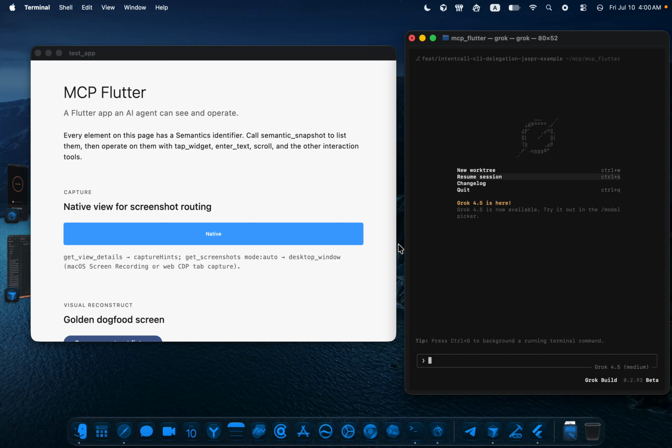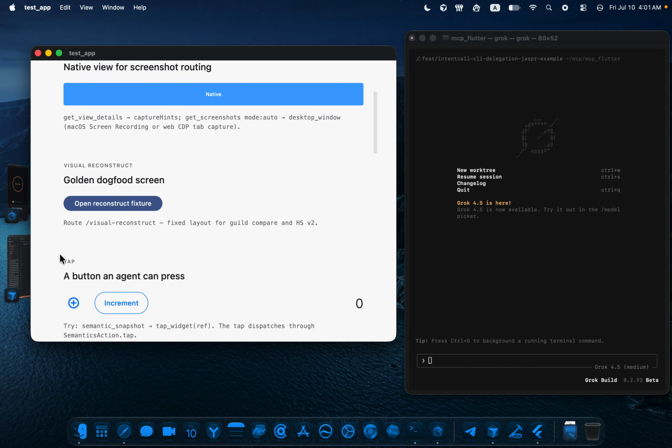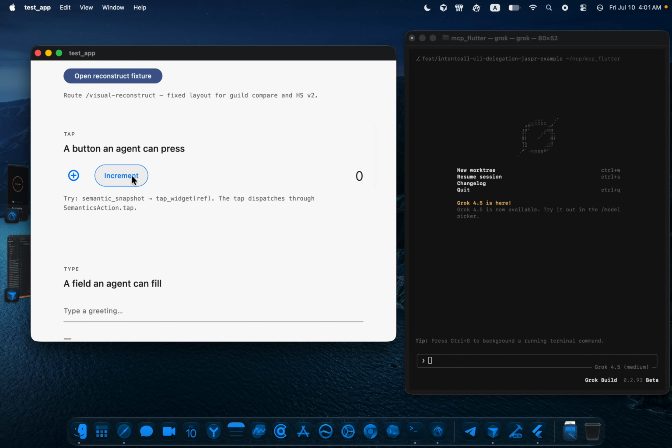Hello everyone, with this section I would like to show how MCP Flutter works and what new tools exist and how they can be used for an AI agent. On the left side, this is a typical Flutter application, except that every widget has a semantic widget, and for testing purposes,